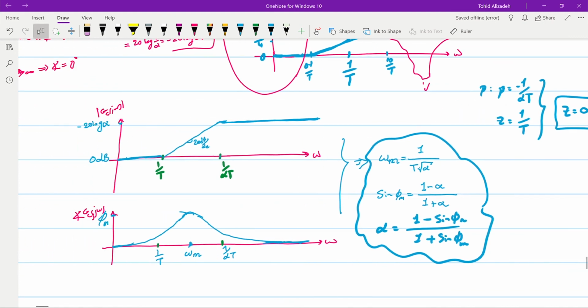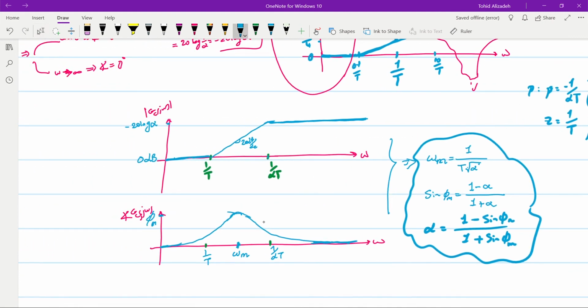Another thing that we need to keep in mind is that at the frequency of omega m, the amplitude will be half of the maximum amplitude that we reach. So it will be minus 10 logarithm of alpha. Okay, so these are some details that you need to keep in mind when you want to design a lead compensator. And now let's see how it is going to act on the